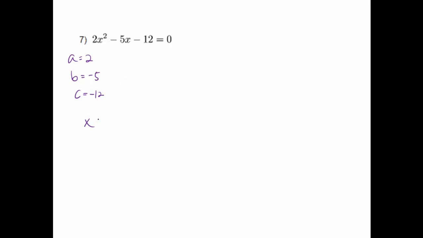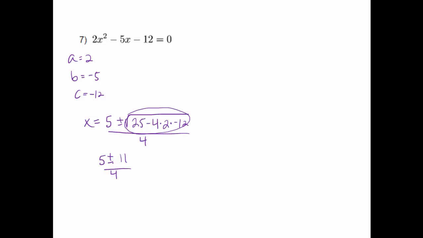So now I'm going to get x equals the opposite of b is 5, plus or minus the square root. B squared, negative 5 squared is 25, minus 4 times my a value times my c value. All over 2 times the a, so 2 times 2 is 4. And then from here we're going to get 5 plus or minus. If you type this into your calculator with the square root, you will end up getting 11, and it's still